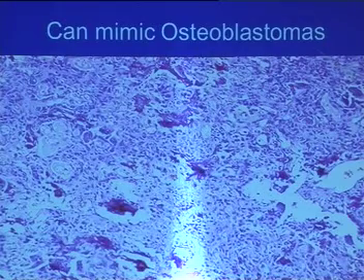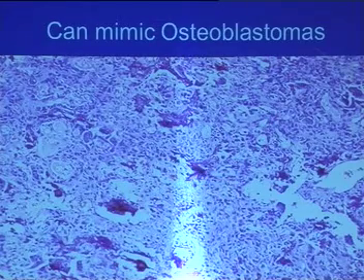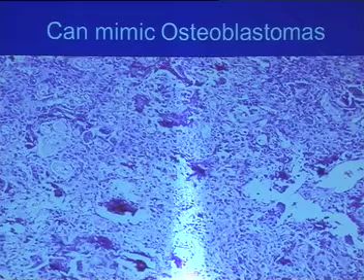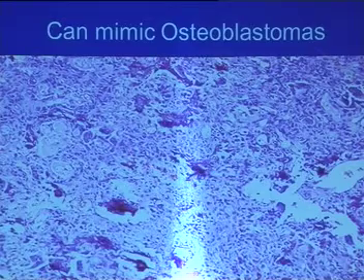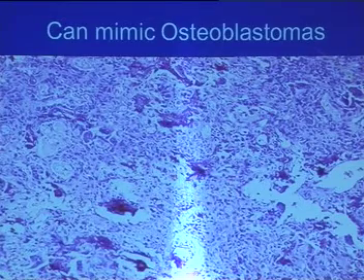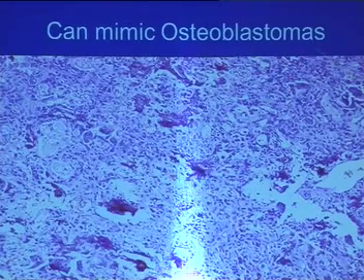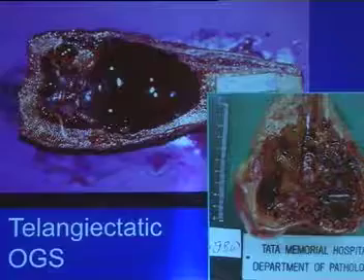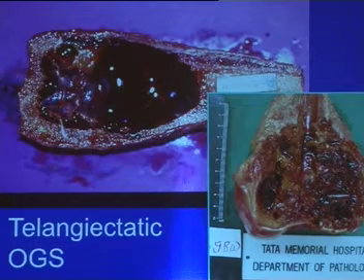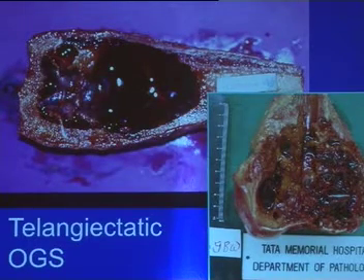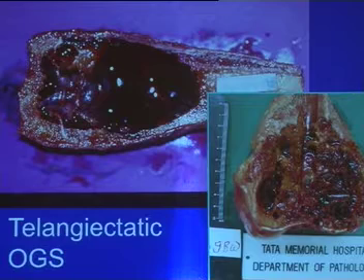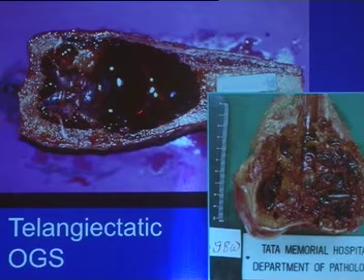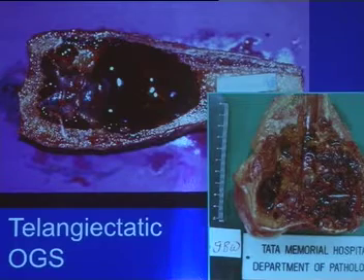Osteoblastomas can mimic telangiectatic osteosarcomas. The reason is that osteoblastomas are also very vascular tumors with vascular spaces, and they do have all these giant cells. These are examples of telangiectatic osteosarcomas, and the original description was such that when a surgeon went in, he almost fell in a pit of blood because the whole thing was nothing but a huge blood clot, and the lesional cells were very few and far apart.